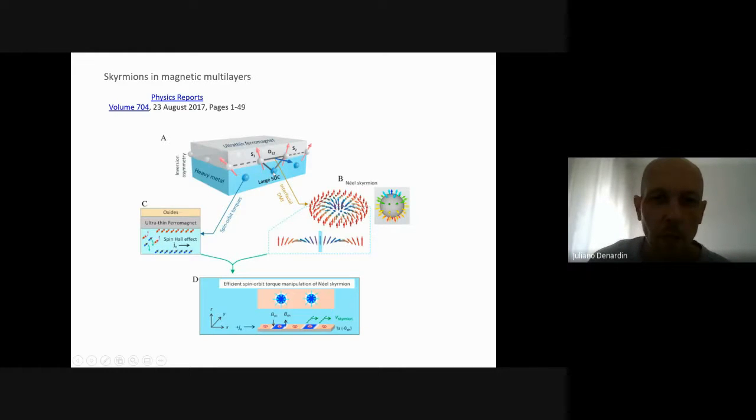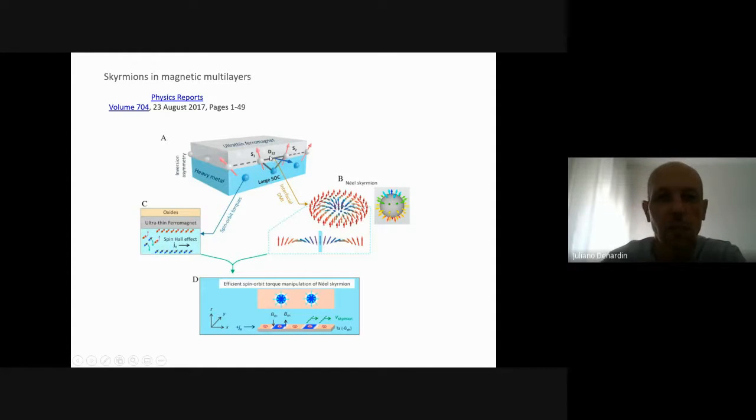The magnetic material is represented here by the gray color, in contact with a metal with a large spin orbit coupling, like this blue one, and you have a mechanism called the Dzyaloshinskii-Moriya interaction between the spins of the magnetic material and the spins of the heavy metal, that makes the spin rotate